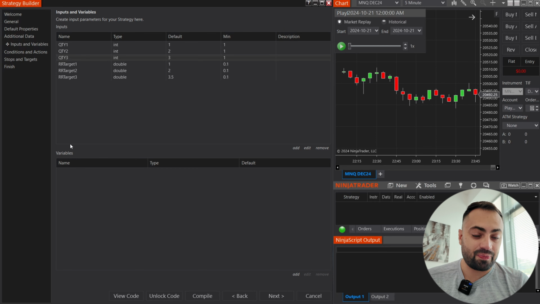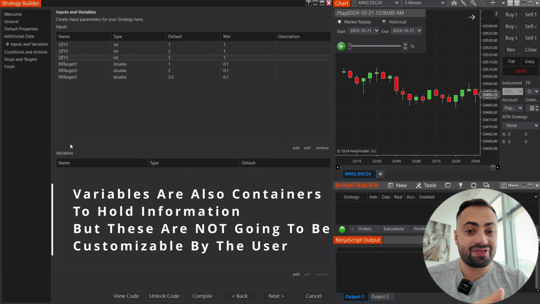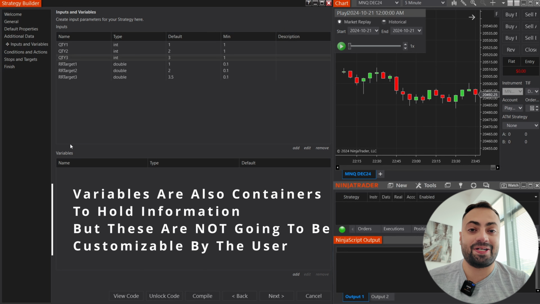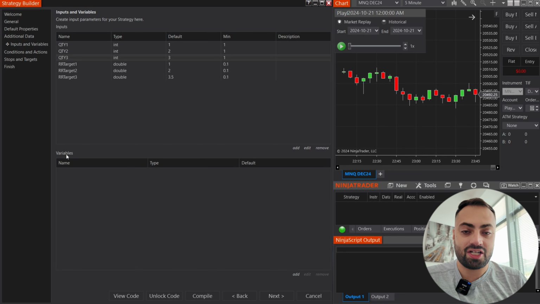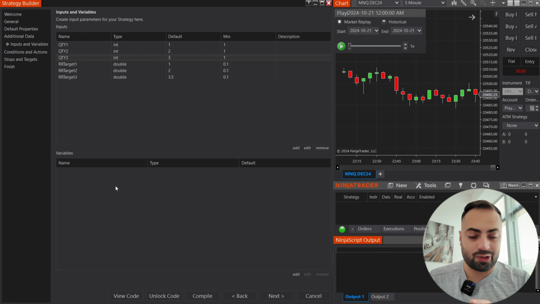The only difference here is these are also containers that store information. These are just not going to be customizable by the user. These are going to keep getting updated as our strategy progresses. So things that store our range values, bools to switch between sets, things like that. This is where we store that